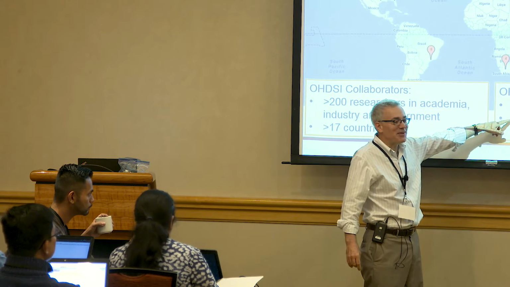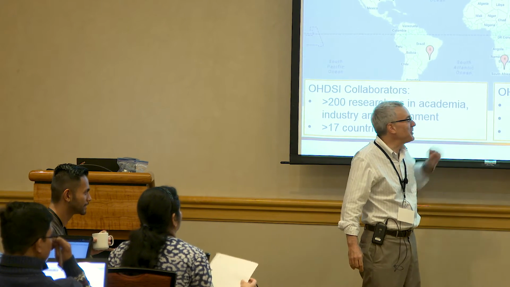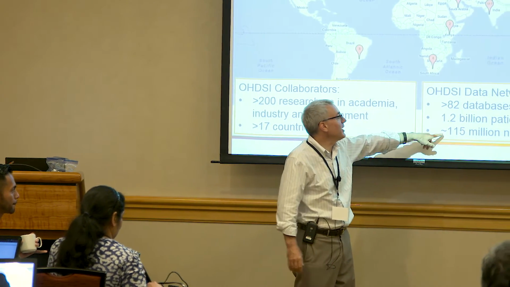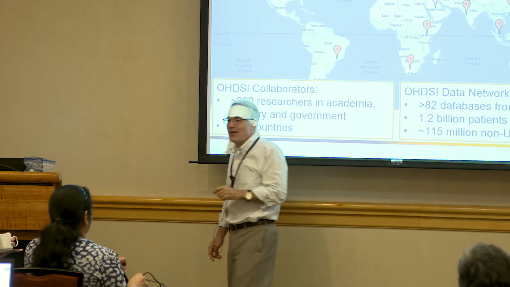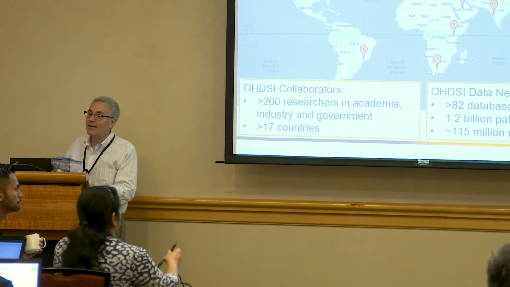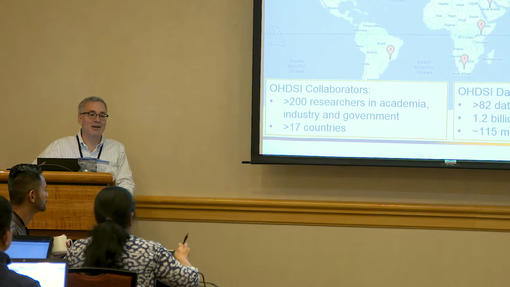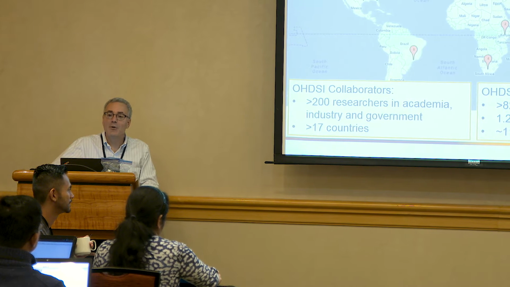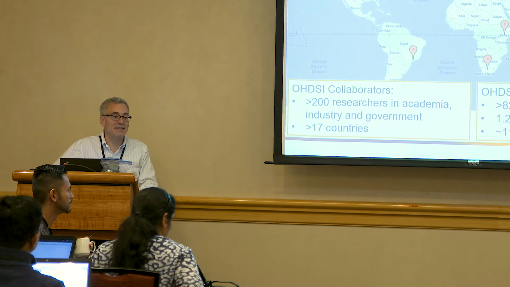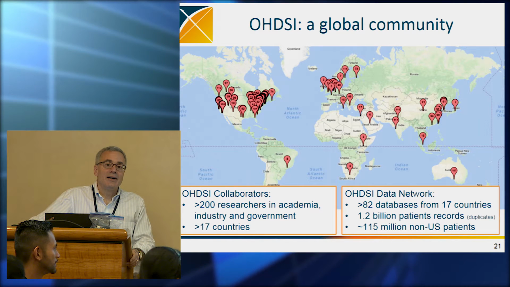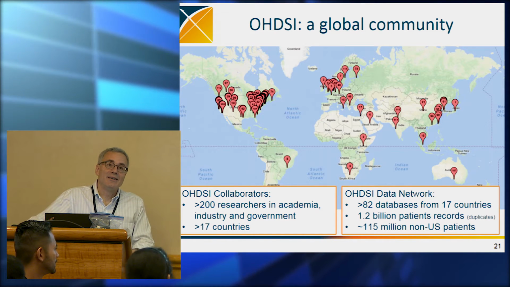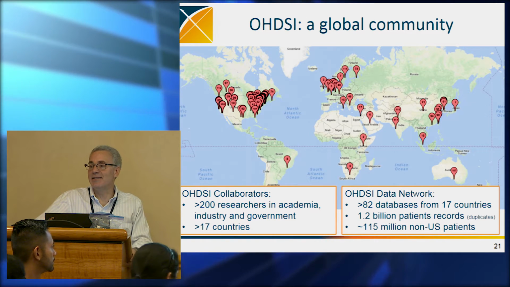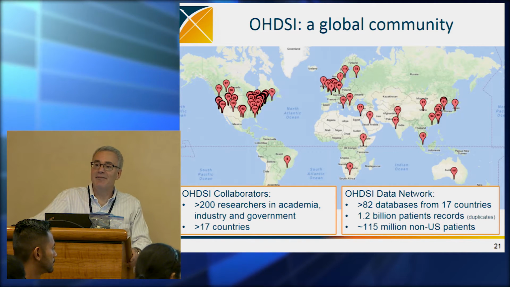Different Odyssey members have different opinions about the number of patients and records we have. I will present a perhaps different view than yesterday. We actually have 115 million non-US patients. That is probably a pretty good estimate of unique patients we have from around the world outside the US. Within the US, we obviously don't have more than a little over 300 million. We're probably in the high 200 millions would be the best estimate. That's close to 400 million unique patients in the Odyssey network. So that's probably a pretty honest estimate of unique patients.